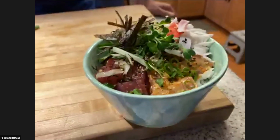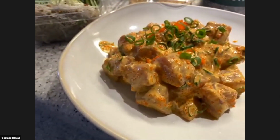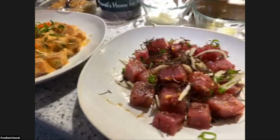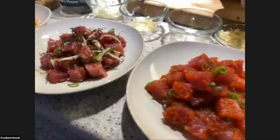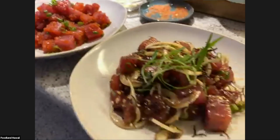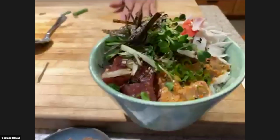kicked up poke bowl. So we've got 4 pokes, right? I started with ahi. We did our spicy ahi here: mayonnaise, sesame oil, masago, green onions, alae. Then we have our Hawaiian style: the inamona, Maui onions, ogo, green onions, a little bit of sesame oil, and I think I said alae again. Over here, this is the masago ahi: sesame oil, green onions. And the contemporary style, which has ginger, garlic, green onions, toasted sesame seeds, sesame oil, Maui onions, and then we brought it all together here with a fun